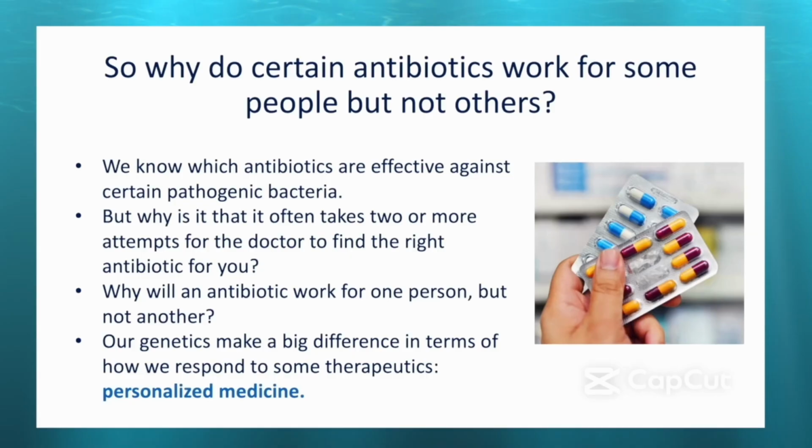Why is that? You know, sometimes when you go to the doctor and you have a bacterial infection, it takes them 2 or 3 goes to get the right antibiotic for you. Why is that? I think these are the kind of questions that we should be thinking about moving forward. And it turns out that this is within the realm of something called personalized medicine. We're almost at the stage where it's becoming possible to deliver personal medicine tailored for individuals. And this really comes from enormous steps in genetics and our ability to sequence the human genome.